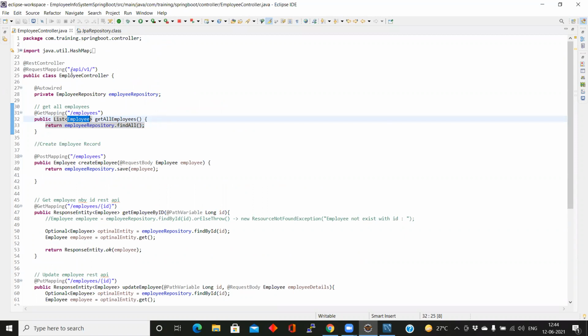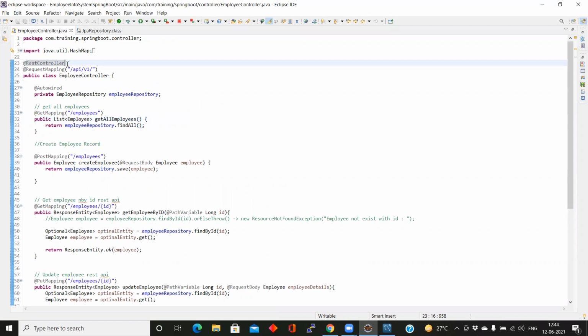Here we have added two more annotations. One is @RestController. Earlier we used only @Controller for Spring MVC. But to access it as an API, we use RestController, because we are using a REST API.